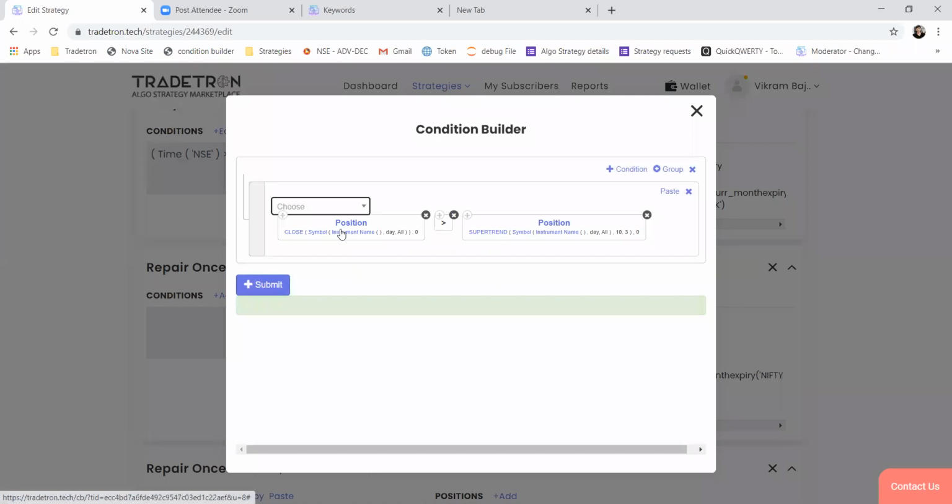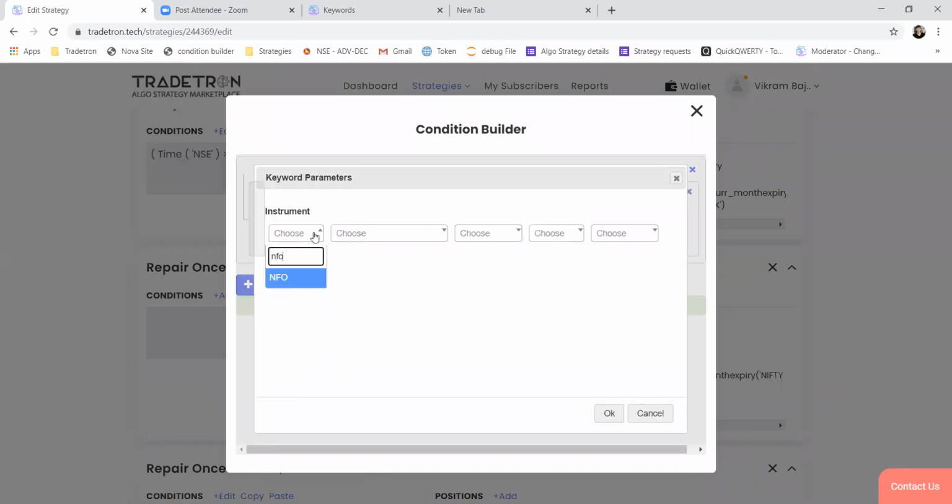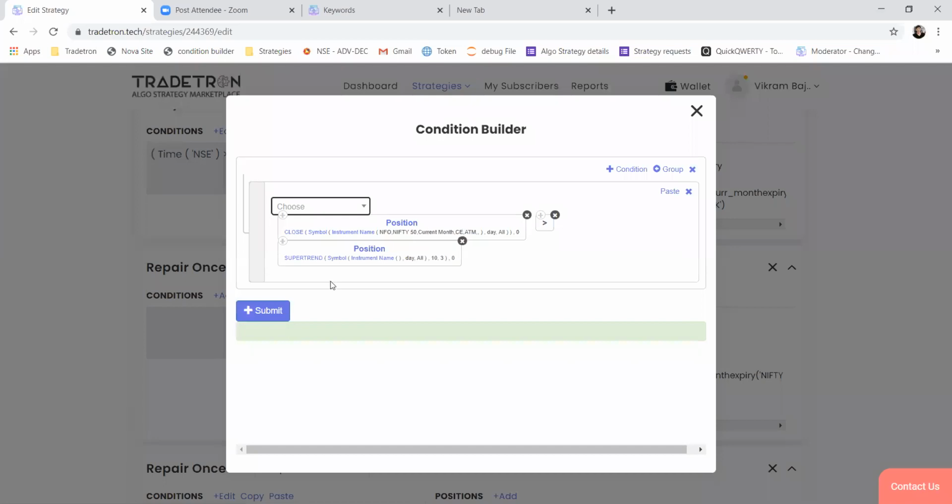Now if you want to check conditions on spot, then you have to select this. So your conditions will be checked on spot. If you want to check the conditions on future price, then select the current month as expiry. Now your conditions will be checked on future price. If you want to check the super trend on the ATM call option, then this is the way to select the ATM call option. Its close and its super trend value will be set. Again, for the super trend instrument also, you have to select the same parameter, and you can also change the time frame and all.